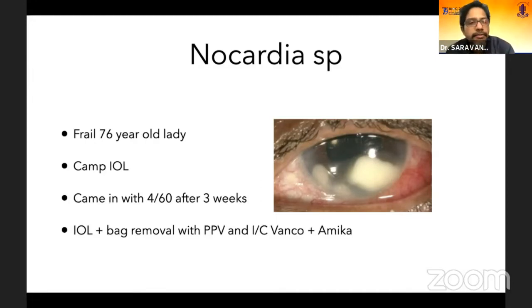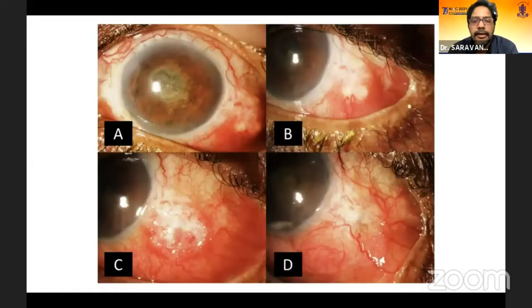It's just showing one of our cases where I can see the typical cotton ball opacities, and you can see that the superior anterior chamber is almost normal, just very confined. So both the conjunctival and the anterior chamber inflammation is usually quite less in the initial stages. So it will be almost simulating a fungal infection also. So usually we have seen that in these cases, removing the IOL and bag leads to a much better prognosis. Otherwise, the risk of phthisis is quite significant. So usually if there is significant involvement, we go for a removal of the IOL and the bag.